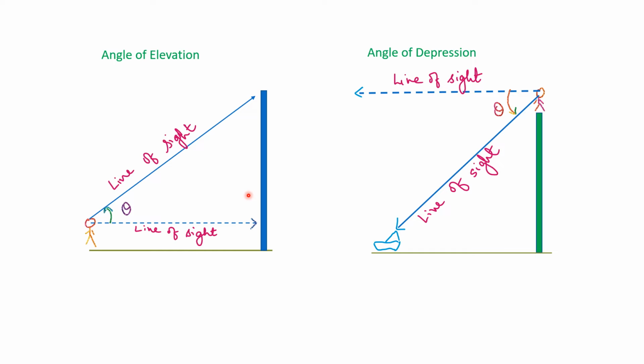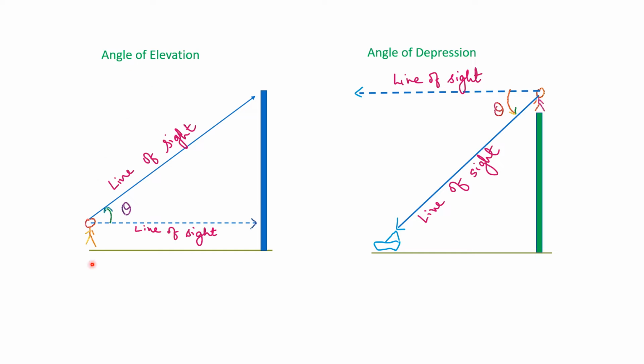Applications of trigonometry in heights and distances are all about forming the right angled triangle with the help of the question given. So here, suppose that this is a pole and you are standing over here on the ground. When you are observing anything, normally you would be observing like this. That means your line of sight is going to be parallel to the ground below. But if you want to observe the top of the pole, your line of sight is going to shift to this. That means there is an angle that is formed, and this angle is called the